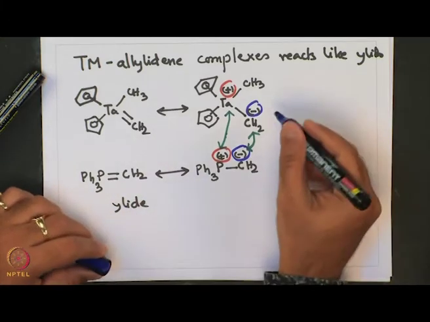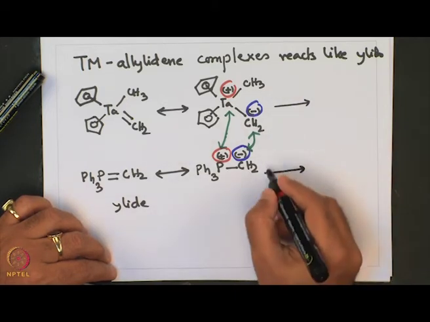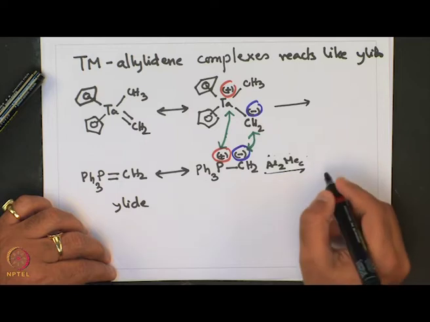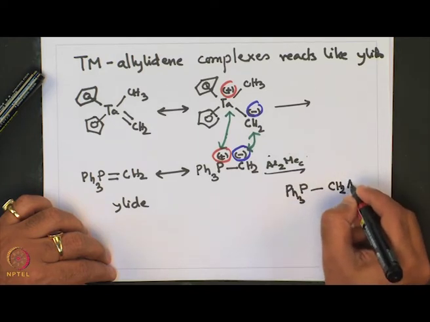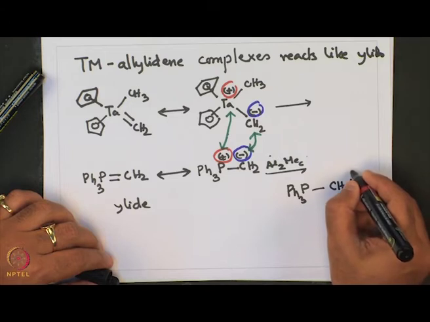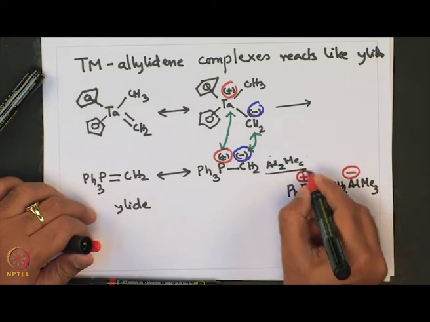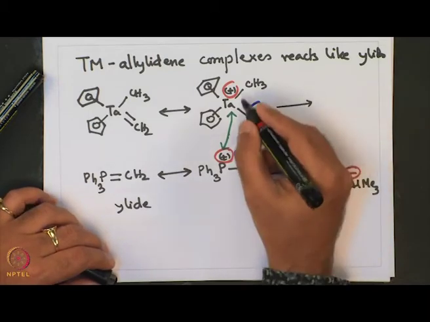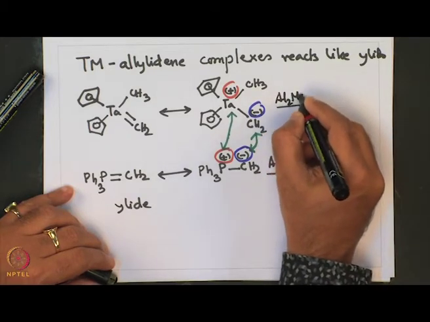For example, the reaction of phosphorus ylides with Al2Me6, the trimethyl aluminum dimer, produces Ph3P+-CH2-AlMe3 minus, where aluminum is negatively charged and phosphorus is positively charged. The analogous reaction with the metal ylide, the Schrock type transition metal carbene complex, with Al2Me6